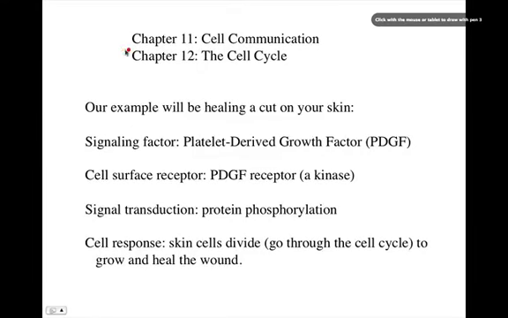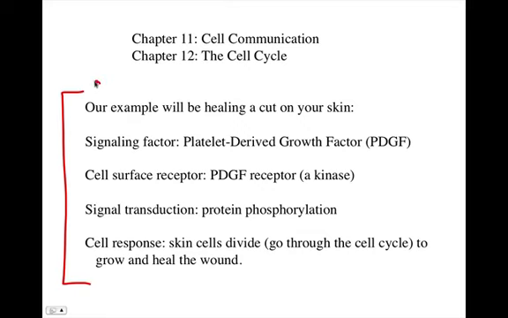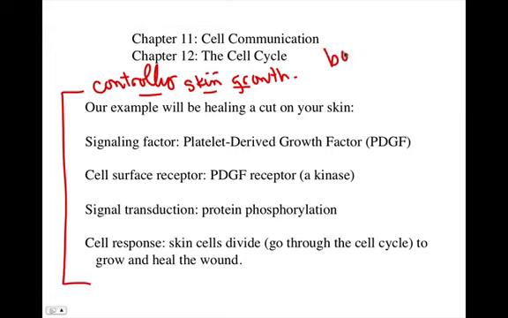In this example, we're going to use this story of controlling the skin growth. And the book talks only a little bit about this story. Instead, the textbook in these chapters introduces the principles and uses several different examples to introduce the principles. We're going to use one example, tell this story well, so you can understand these chapters and then future